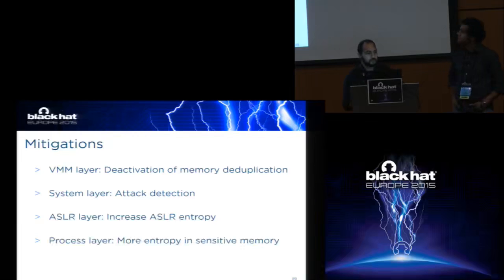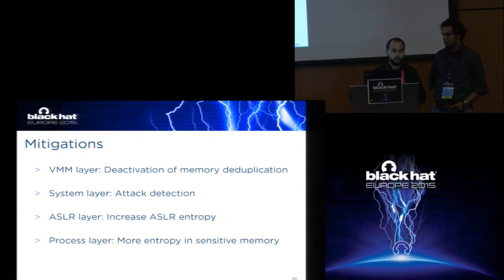Of course, the first big mitigation, or the apparent mitigation, would be to just deactivate memory deduplication, if you think this might be a problem. But there might be other mitigations as well, right? What we proposed, we didn't propose a very specific way to do that, but more the concept of detecting the attack when it's going on. So the virtual machine monitor should actually see a certain pattern in page faults and a certain memory allocation pattern. So it should be somehow possible to detect that in the virtual machine monitor itself.